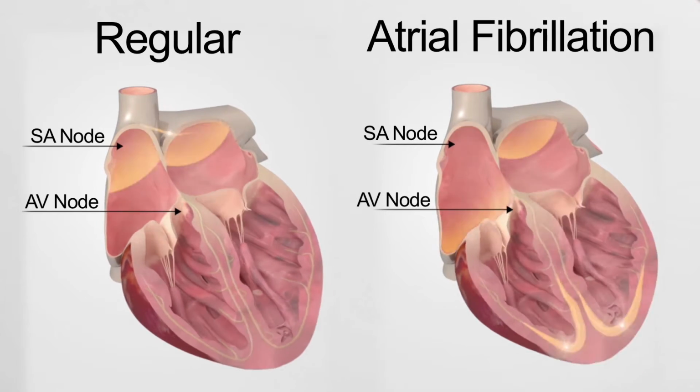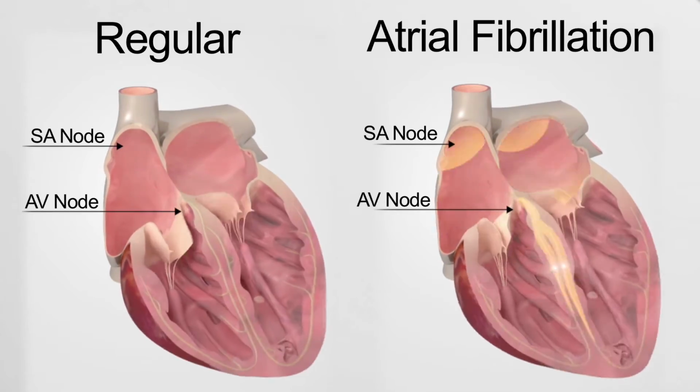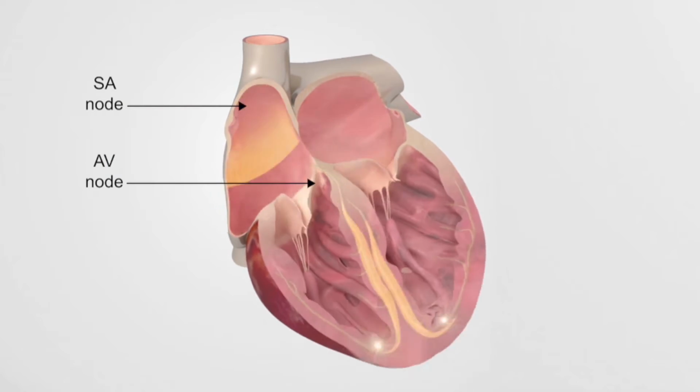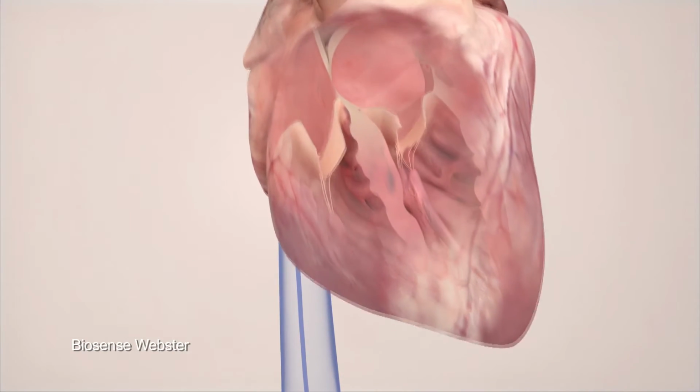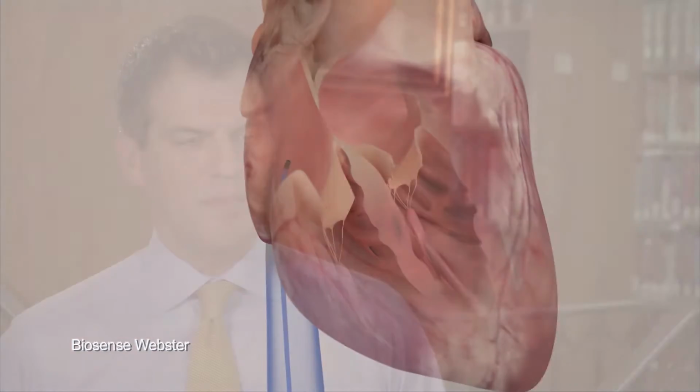Atrial fibrillation, the potentially life-threatening irregular beating of the heart, is a widespread condition with more than 3 million new cases developing each year. Atrial fibrillation is one of the most common heart rhythm disorders that we see in medicine, affecting millions of people. It involves fast, chaotic beating of the top chambers of the heart and can lead to a lot of symptoms, including things like palpitations, fatigue, and shortness of breath, and also can actually lead to stroke,